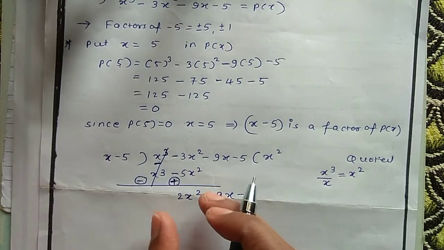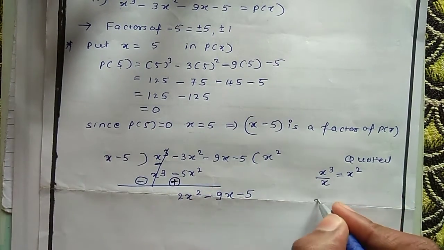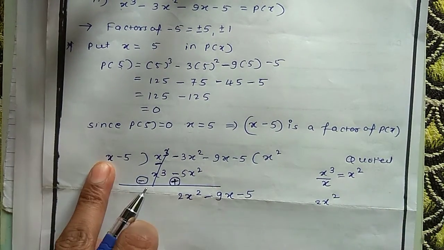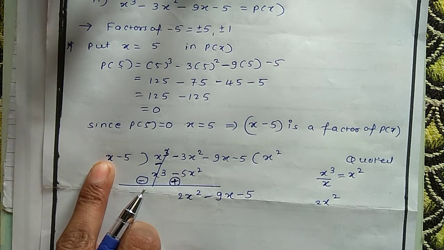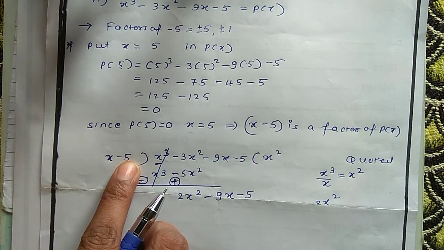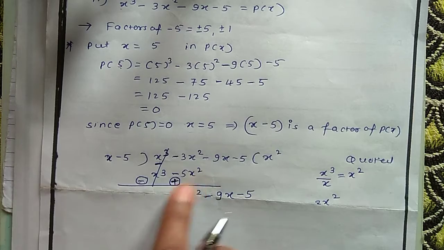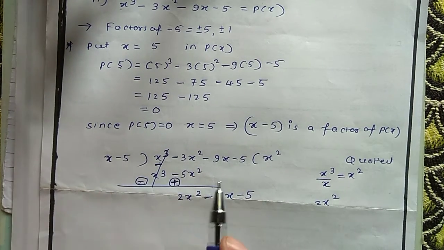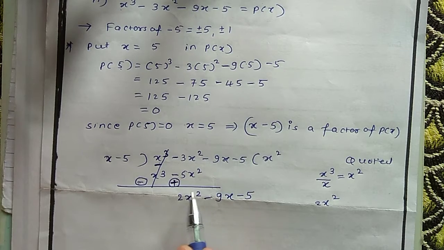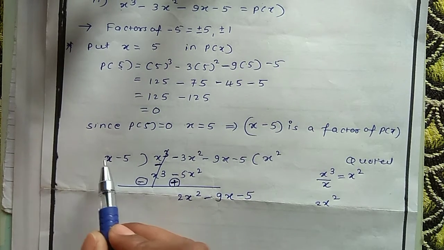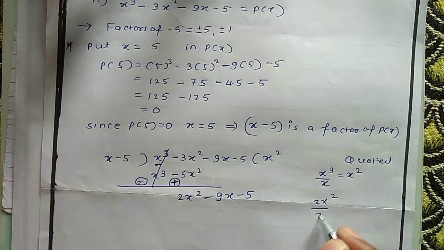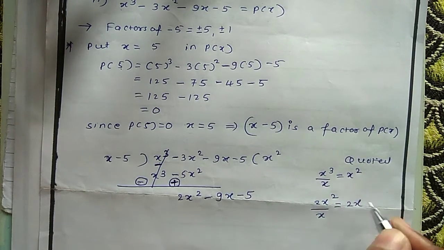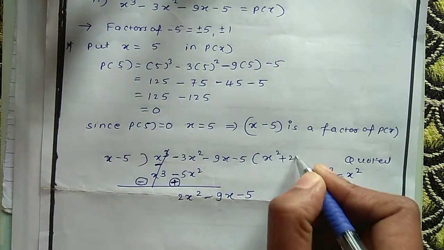Now we have to focus on eliminating 2x square. Same procedure, take 2x square, and with this x only you have to divide. Why? Because if you divide with 5, you will get what? Fractions. We don't want the fractions, and we'll get the suitable term, that is 2x square, when we have the x in the divisor. So x will divide, so 2x will remain here. So that is a new term in the quotient.